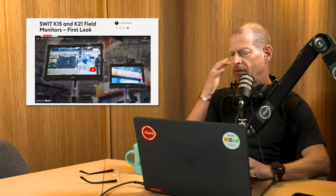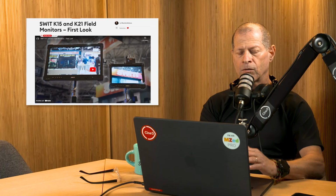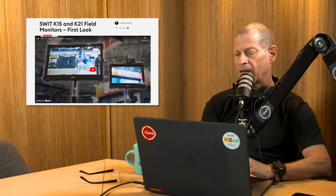outdoors. So the 15-inch monitor will be sold for $1,199, and the 21.5-inch monitor will be sold for $1,499. I think those prices are really fair. They are competitive. So if you are working, let's say, still in an HD environment,